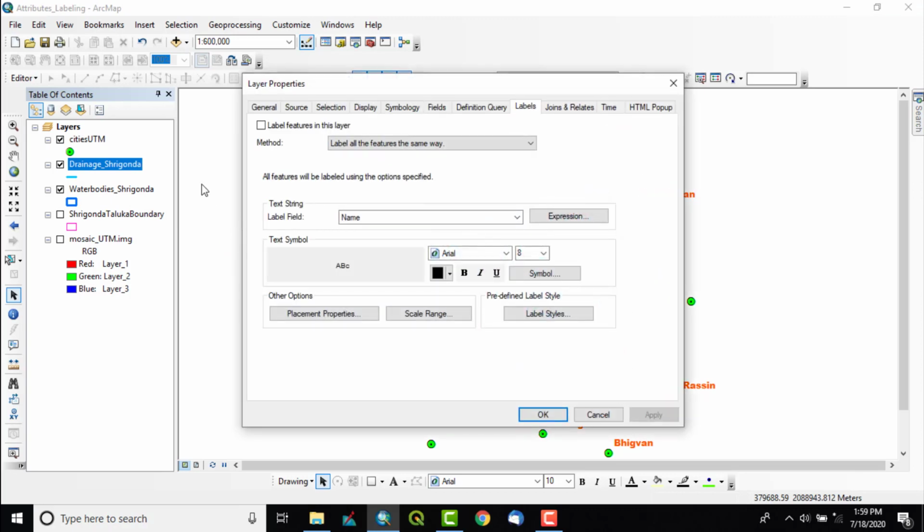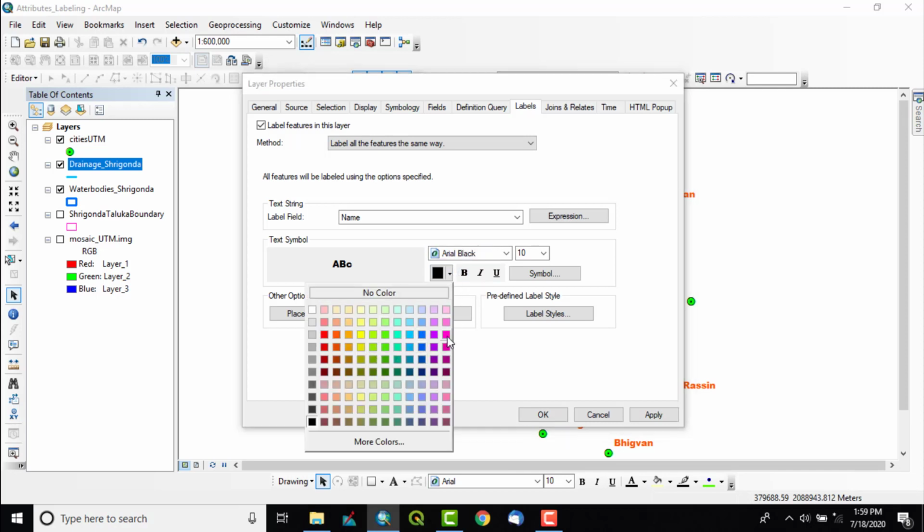Similarly, go to properties, find the labels, click here, label the feature and name. Here also we can change the font size, font and its color.